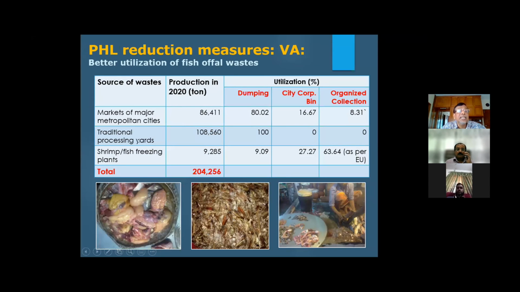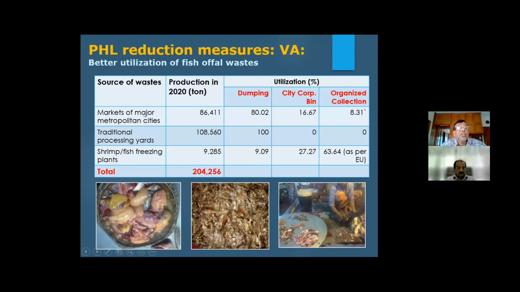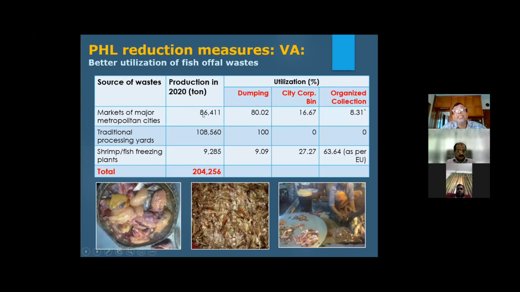We have recently assessed the quantity of waste. Waste is of many different types. One very important waste is offal waste, the market cutting waste. So we have assessed the market cutting waste from major metropolitan cities. The quantity is over 86,000 metric tons last year. And traditional fish processing yards, for example, drying, salting, fermentation, many different processing yards, produced more than 100,000